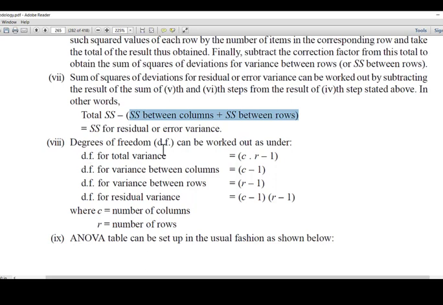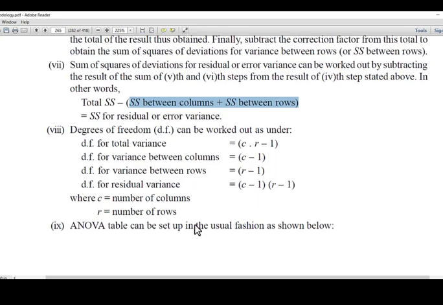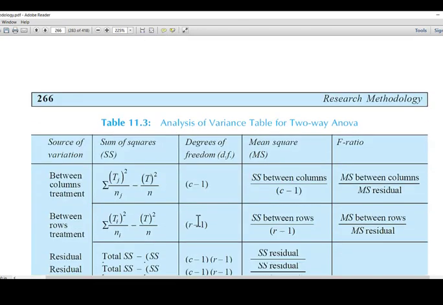Degrees of freedom for total variance is given as CR minus 1. Degrees of freedom for variance between columns is given as C minus 1, between rows as R minus 1. For residual variance, C minus 1 into R minus 1, where C is the number of columns and R is the number of rows. And the ANOVA table, this is the